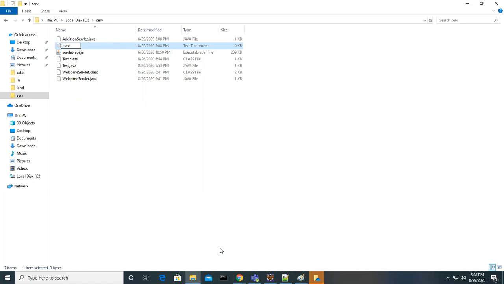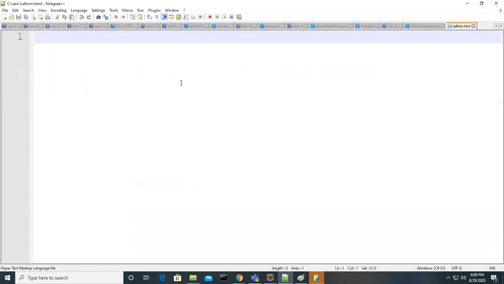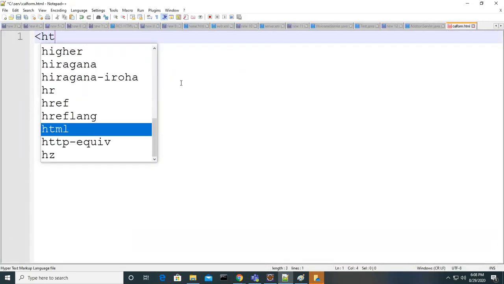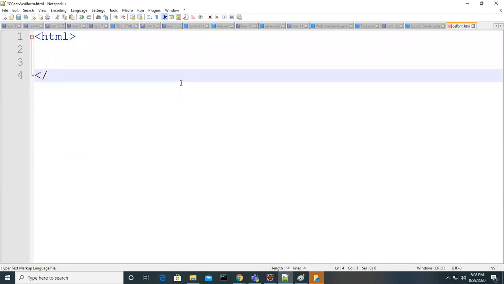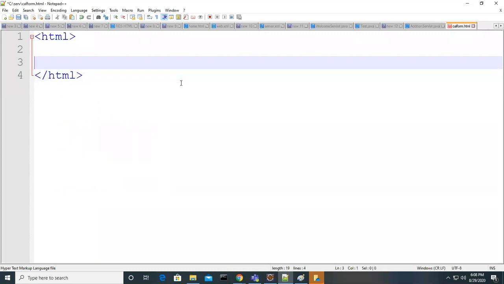Calculate form or cal form. Okay, so I'm naming it as calform.html. Okay, now let's go here. So how to design? You know, guys, HTML tag and HTML and